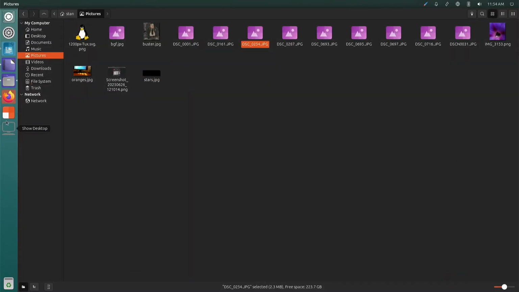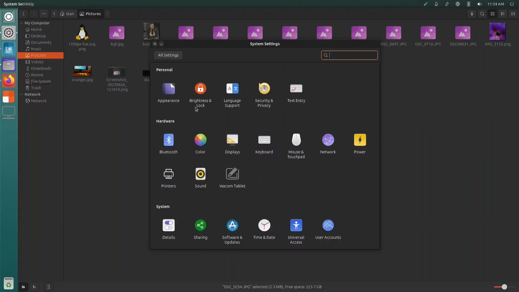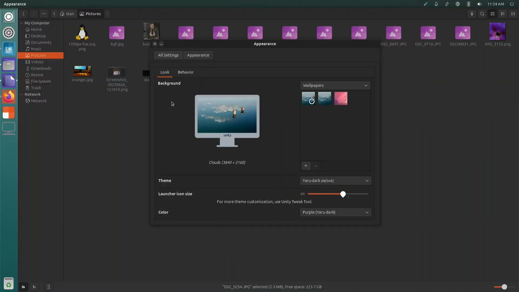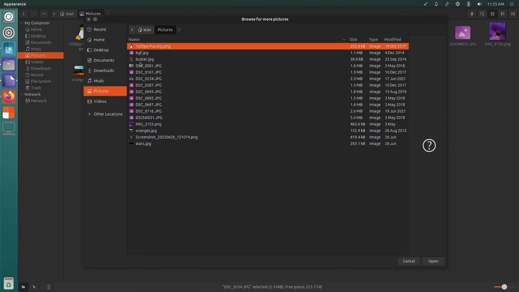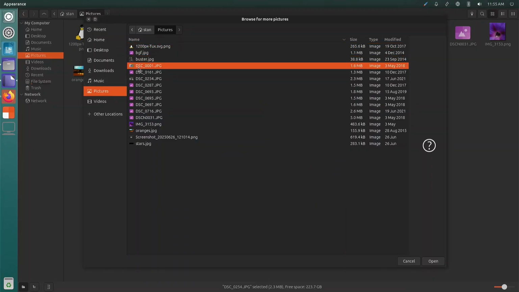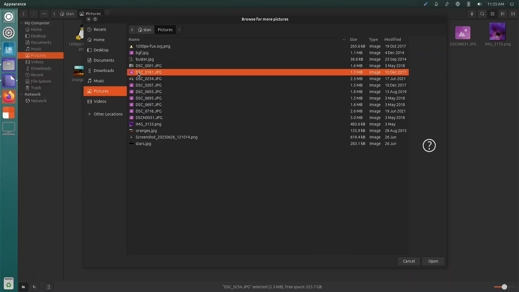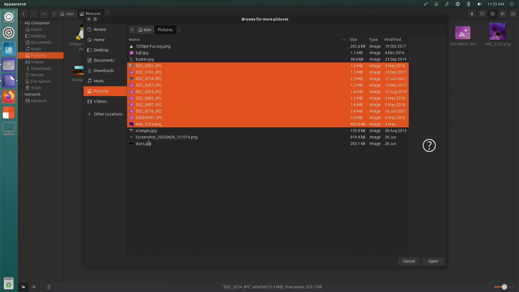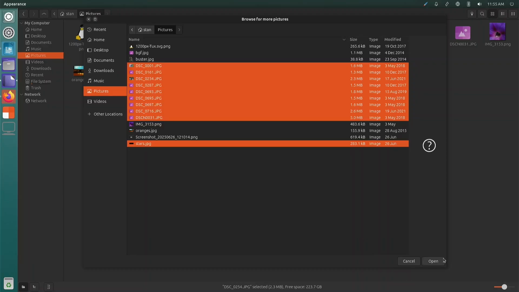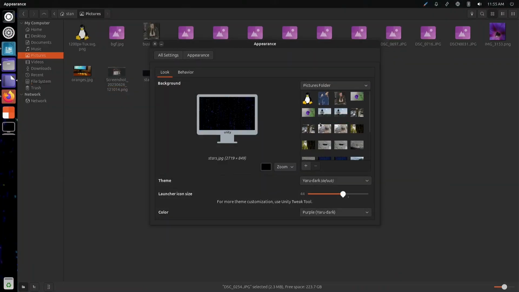Okay, let's keep doing what we were doing. Appearance and add. Can I add multiple? See, there's little. Oh no, there's not. Add multiple. Yes, I can. Okay.